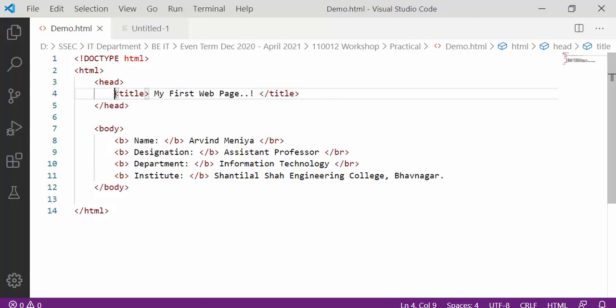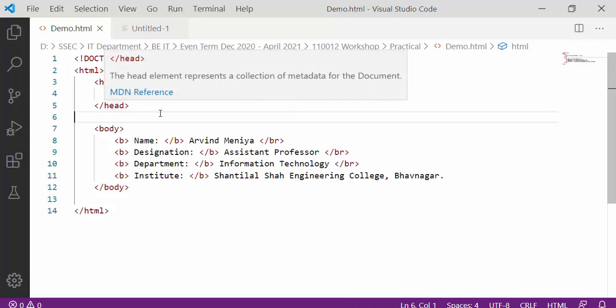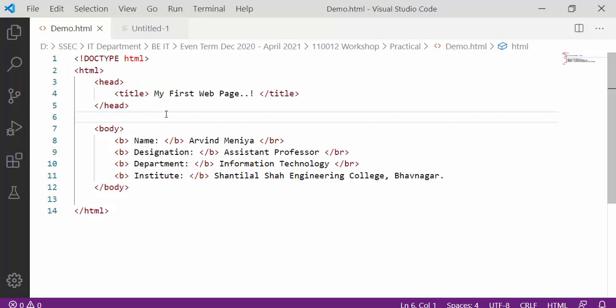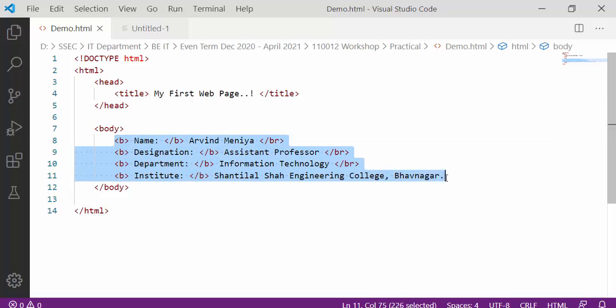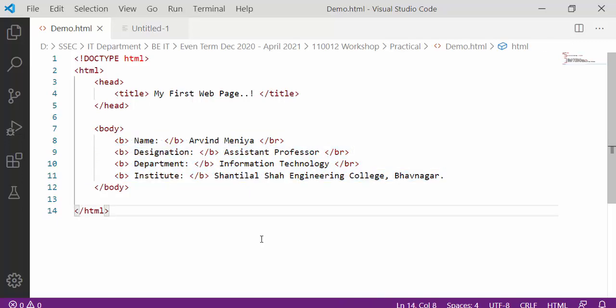Initially we are just talking about the title tag in the head section, but in the head section you can also write a link section that can be used for embedding CSS files with the current HTML file. Okay, that we will see later. Here in the body section you can put any content that you want to display on your web page. Okay, so that is the first web page, or the first file of HTML that we have discussed and created in the last session.